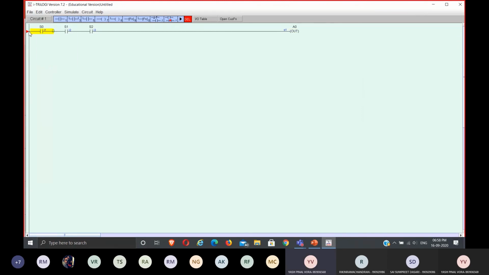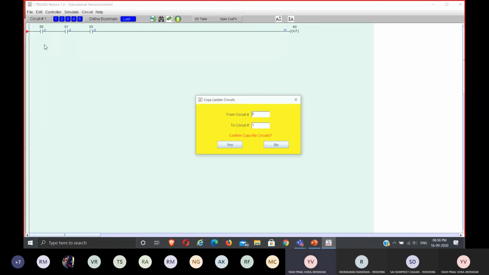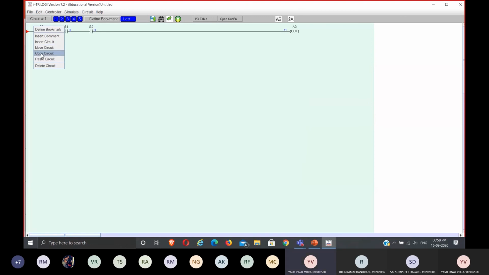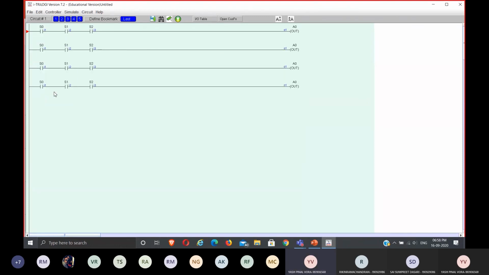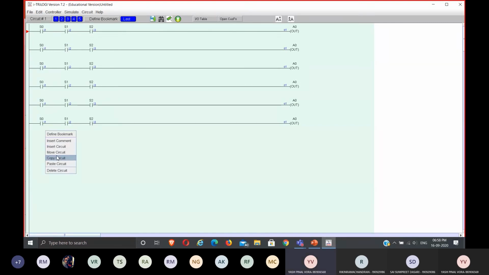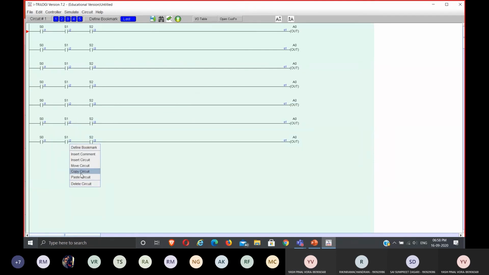You can also copy the circuit and then paste it. It saves you time and saves time for me also. One, two, and then